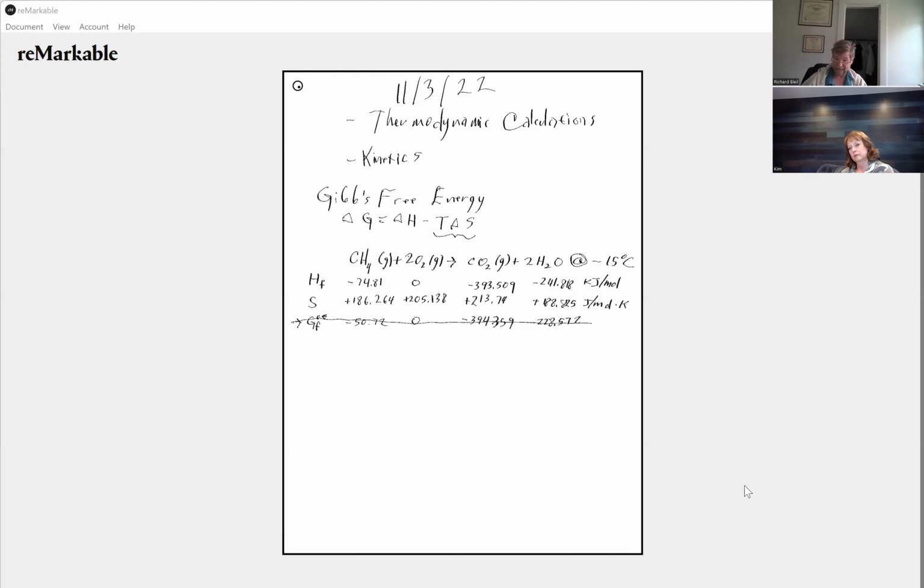When you add these together, they must be consistent. You cannot add joules to kilojoules. So we need to convert these numbers. Before I do any calculations, the first thing I like to do is convert joules to kilojoules. There are 1,000 joules in a kilojoule, which means that entropy in kilojoules will be